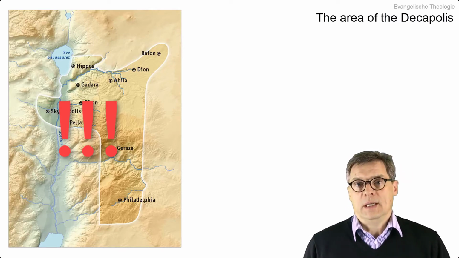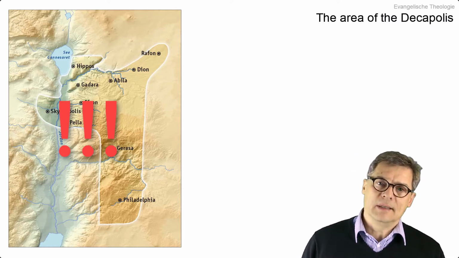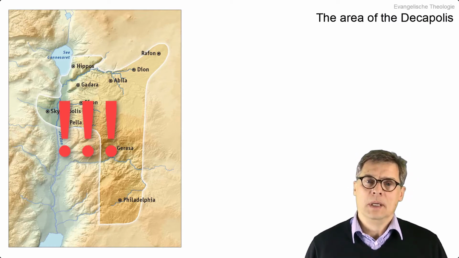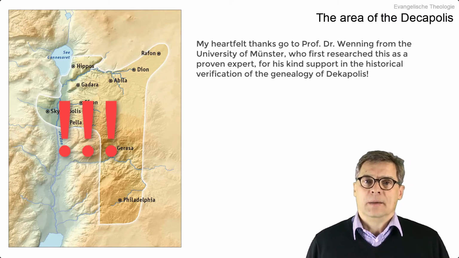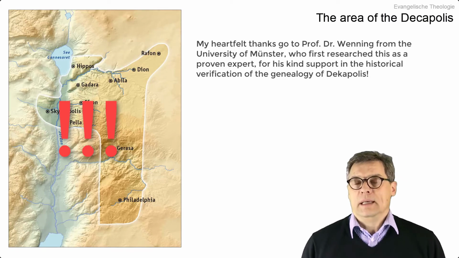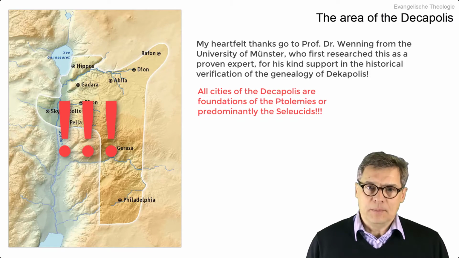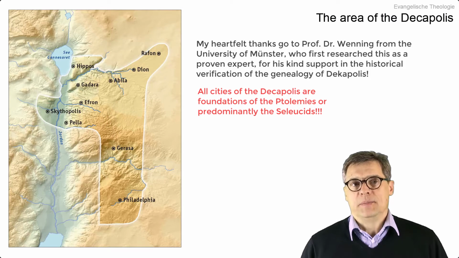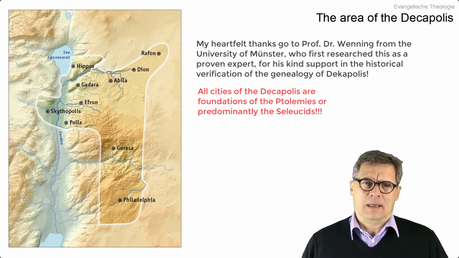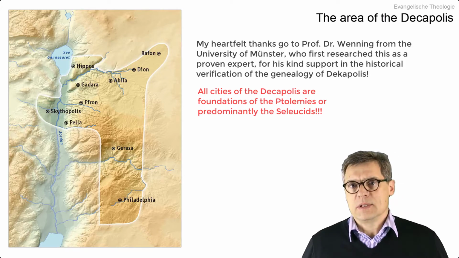This was related to the fact that the Romans conquered these cities and built or rebuilt them at some point. In fact, later on you dug deeper and found coins and other things that clearly indicated this Greek time. Interesting to see that all 10 cities were founded by the Ptolemies, or especially by the Seleucids. If we now put the Decapolis in connection with the statue of Daniel, then there are very, very interesting connections